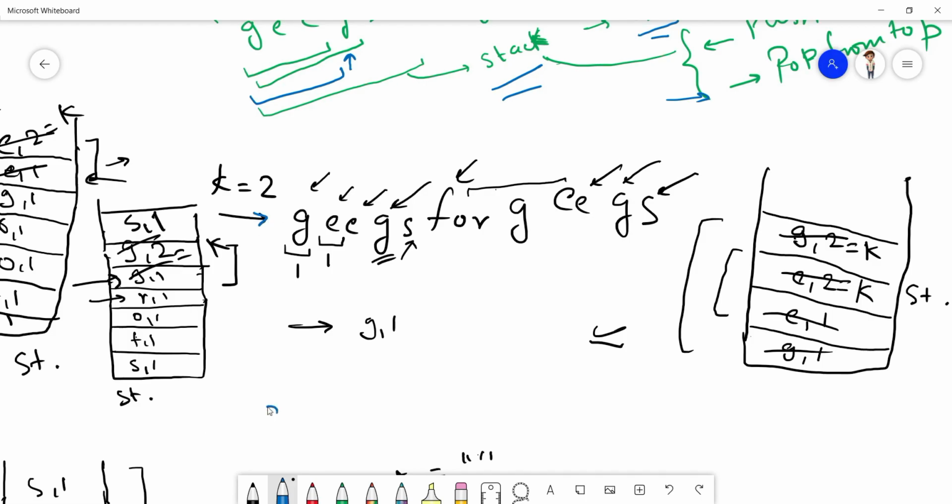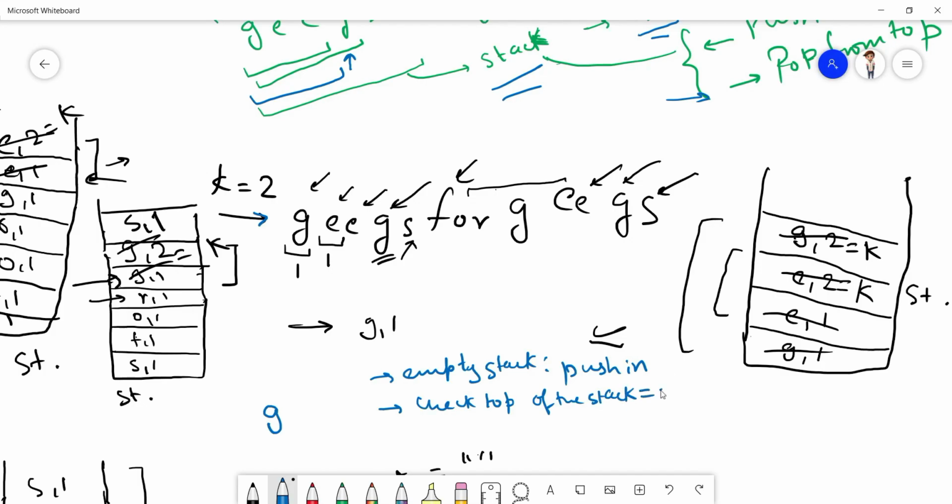So we came over to G and we pushed it into the stack because the stack was initially empty. So empty stack means pushing, right? And if not empty, check the top of the stack.